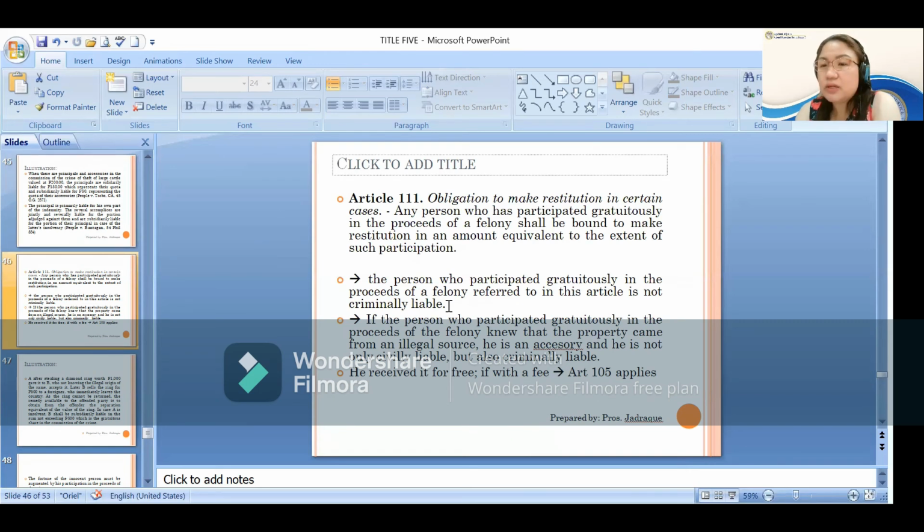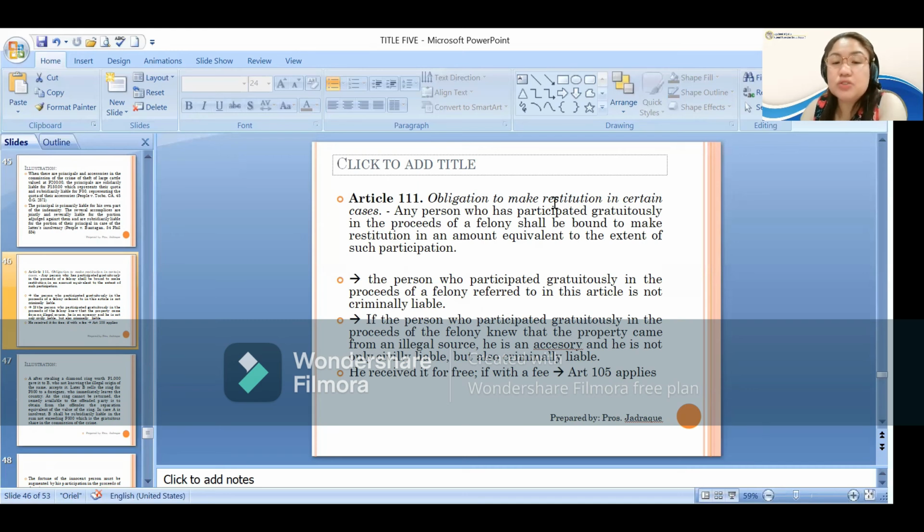Meaning to say, wala gyud tay cause of action against him. We really cannot make him criminally liable. That's why, but he has participation, but the law says he is not criminally liable. So he is not charged as an accessory. It's because we cannot prove him to be an accessory. So under this particular set of facts, Article 111 applies. When can we make him